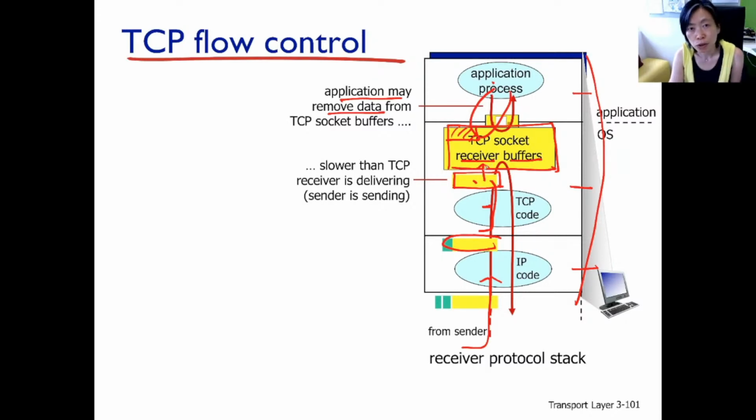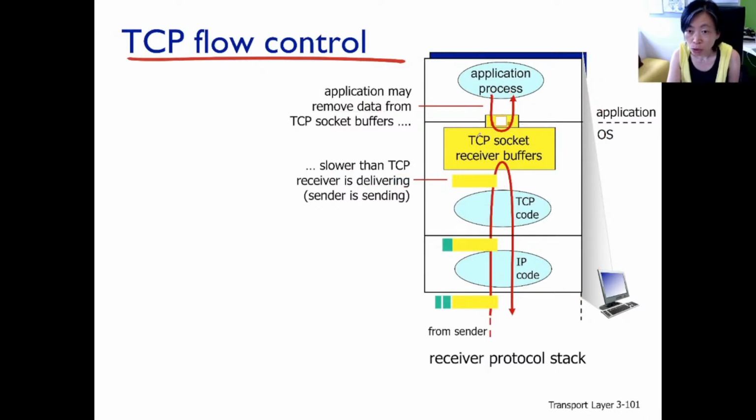And TCP flow control is needed when the application is drawing data slower than the TCP receiver is delivering data up. Because when that is the case, the buffer space will be what? Occupied. More and more and more and more. Because outgoing slow, incoming fast. And eventually the space is going to be exhausted. The subsequent data will be dropped right there between the TCP receiver and the receiver buffer. And this is super bad, because TCP here is working very hard to try to get this packet in.